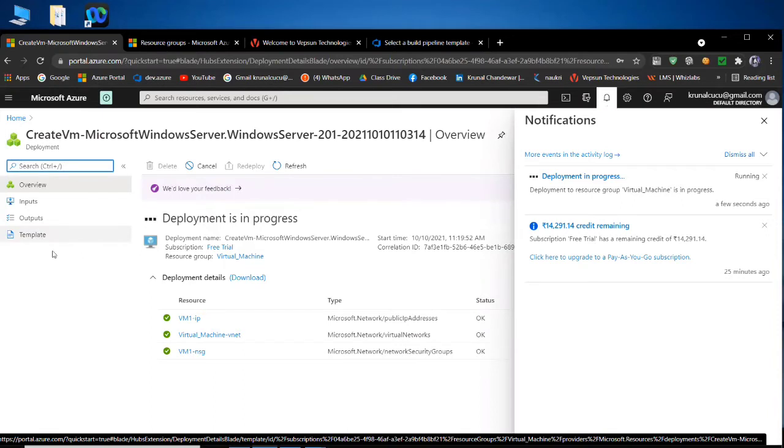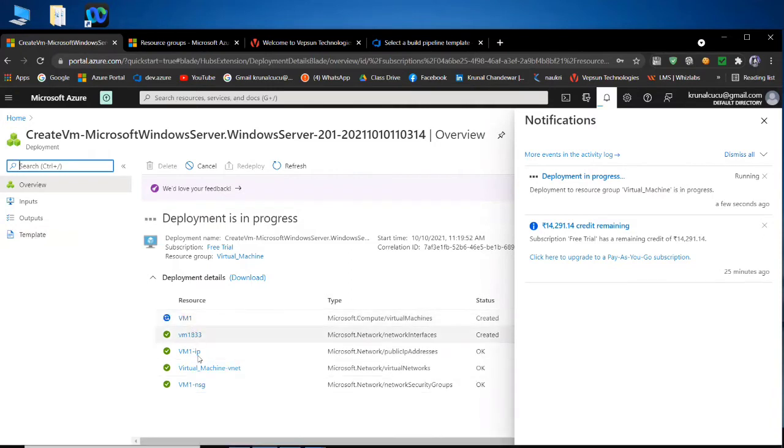See, even now this virtual machine is deploying. For creating this virtual machine, what is required? See, Microsoft virtual machine is required, which I gave the name VM1. After then, the network interface card is required.